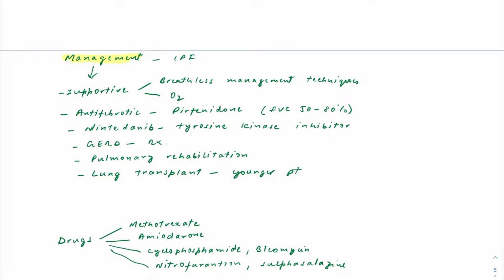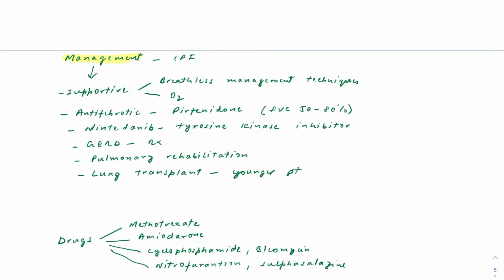The patient may have some GERD symptoms. That is also part of supportive treatment. You have to treat that one. The patient needs pulmonary rehabilitation, and sometimes the patient may need a lung transplant, especially if it is a younger patient. Okay, so just divide into groups and tell about the management